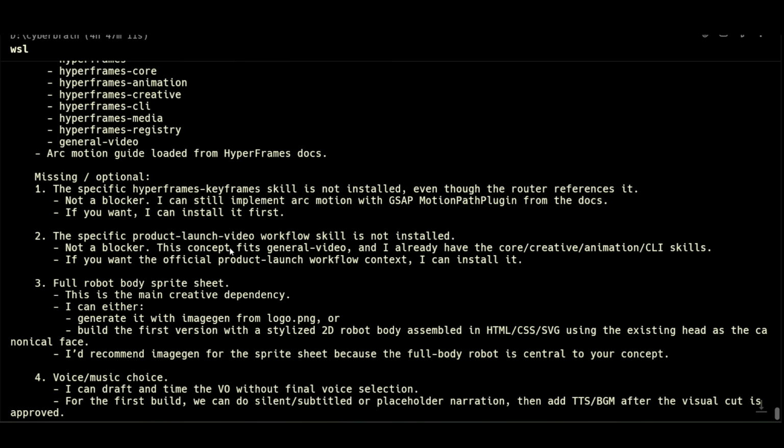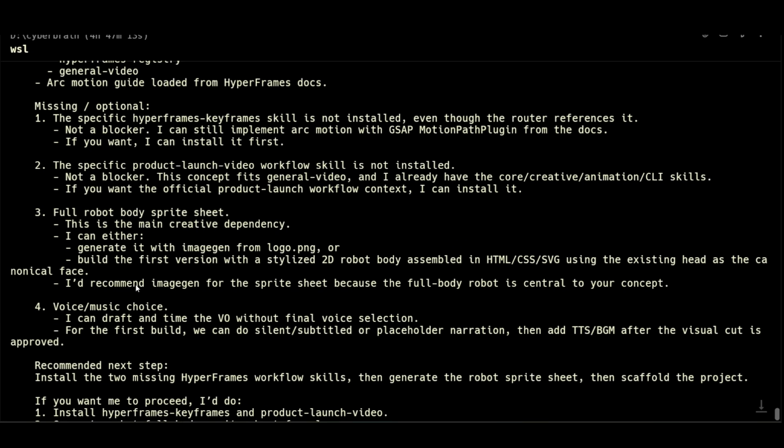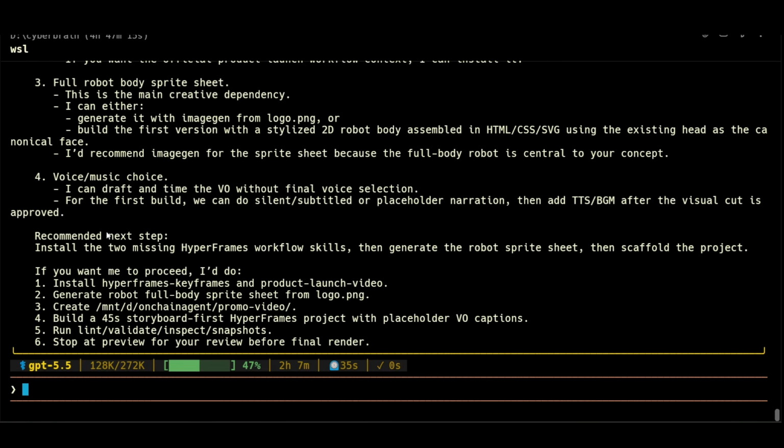Workflow skill. Okay, so we need to install the keyframes and product launch video, which I guess is another Hyperframes skill. Then generate the robot, create the directory, build the storyboard first, and then stop at a preview for my review. Okay,